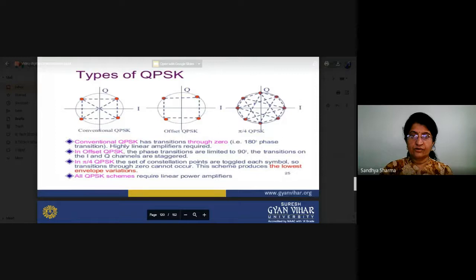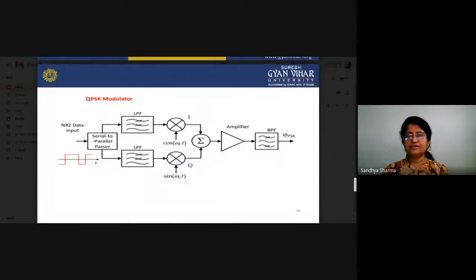So now we will switch to the modulator part. Just see this diagram, and you can analyze how we are working on the modulator part. So that is basically serial to parallel. So you will convert your data, and you can provide the numbers or symbols to these two categories, the first LPF and the second LPF, because both are interconnected to the carrier signals. So in both, the carrier signals will be changed.